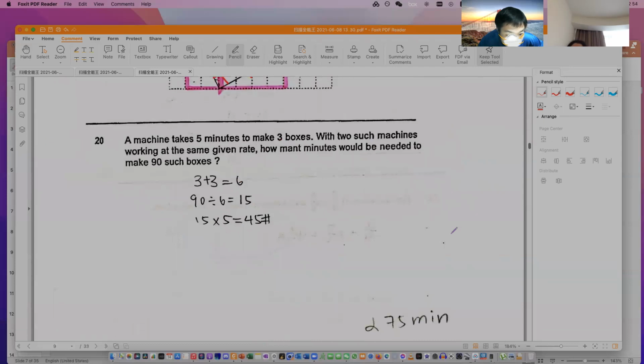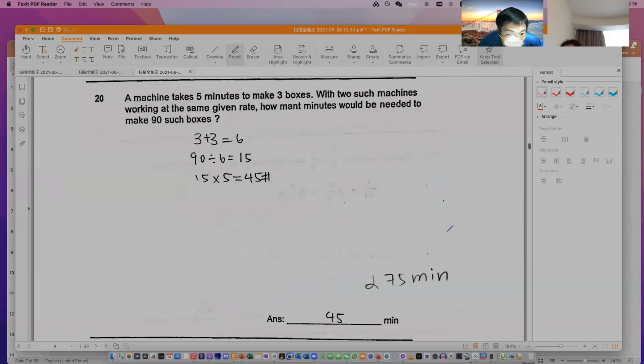Okay, next. I will say this question is a giveaway. What you do is make use of this: rate is equal to work done